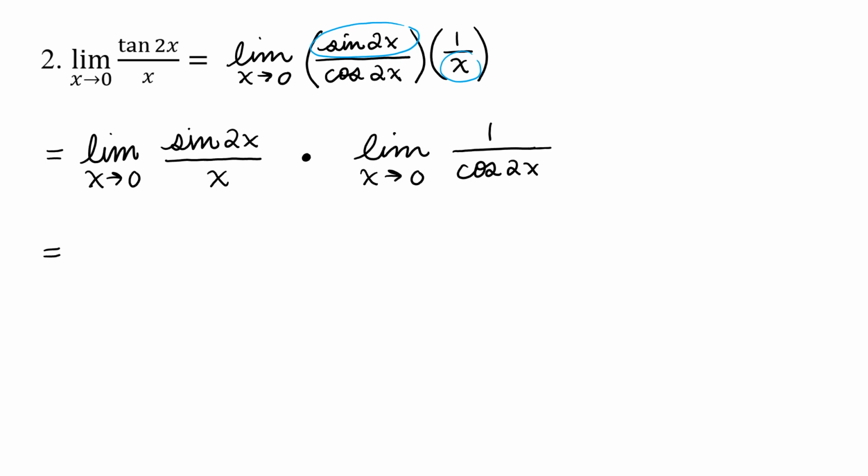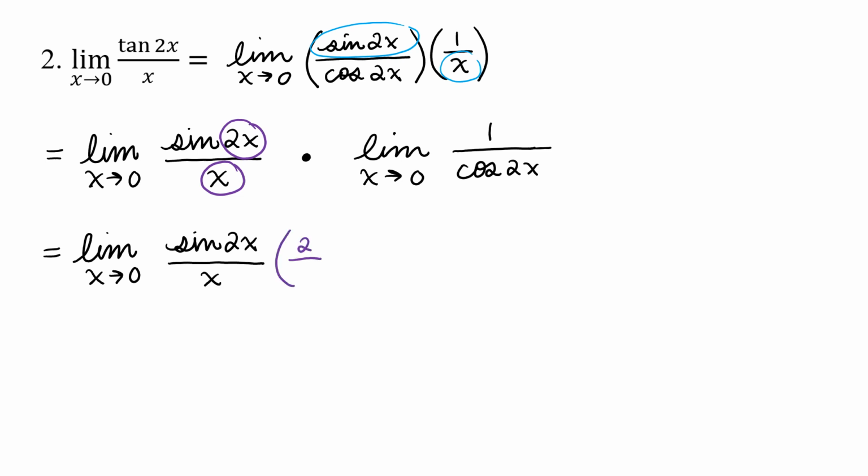Now for my limit as x approaches 0 of sine of 2x over x, I'm going to need to get these to match each other. So I can't really change the 2x inside of the sine very easily, but I can make an x in the denominator a 2x by multiplying by 2. So this will be equal to the limit as x approaches 0 of sine of 2x over x, and then I'll multiply by 2 over 2. And this will be times this guy,